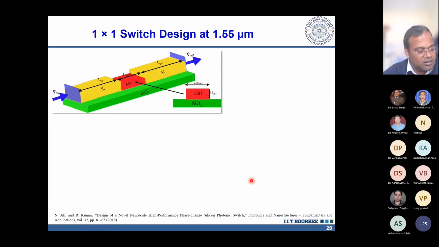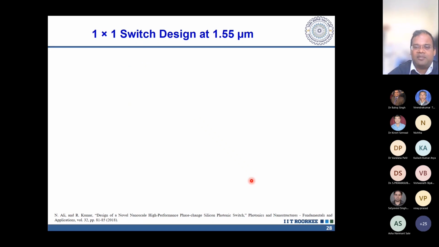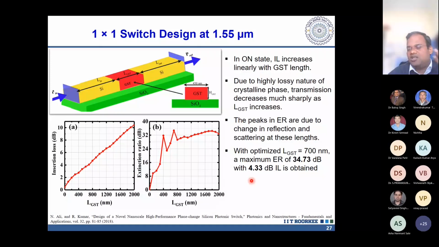Sir, I want to know in practical applications, what is the extinction ratio generally you prefer? Normally, definitely it should be less than 1 dB. Okay, and people prefer like 0.3 dB, 0.4 dB, 0.5 dB depending upon the applications. Actually in the end you have to make a power budget, and if it is around 0.5 you are good enough. Even 1 will work, but 3 dB means like 50% of the light lost just as an insertion loss. So you don't want to go for that. In the previous case, you see this is 4.33. So it is even more than 50%.